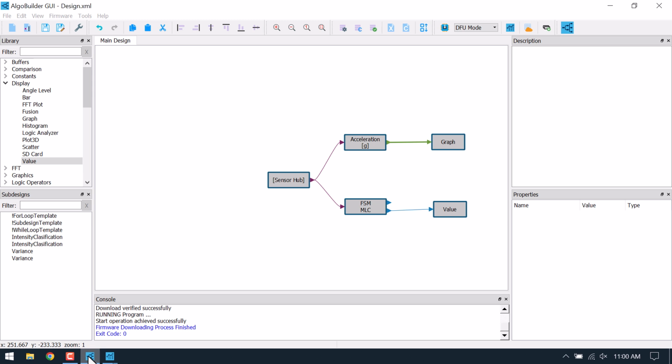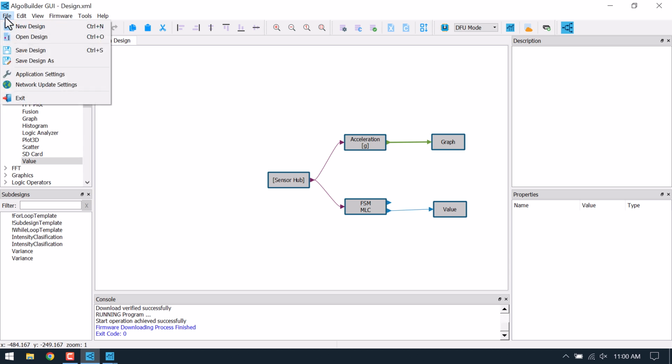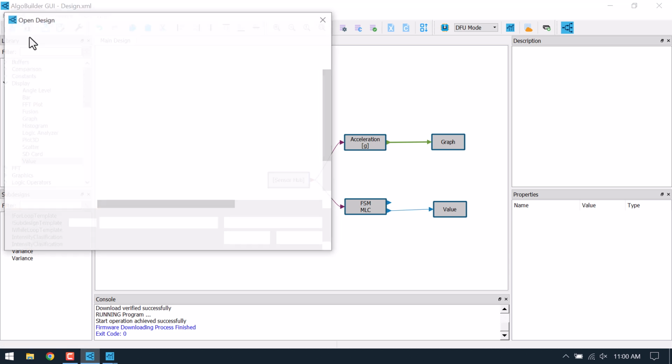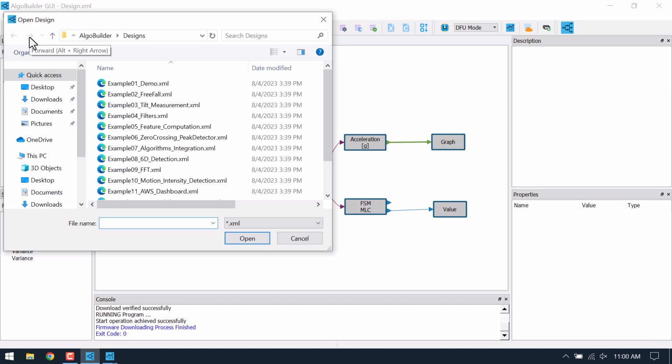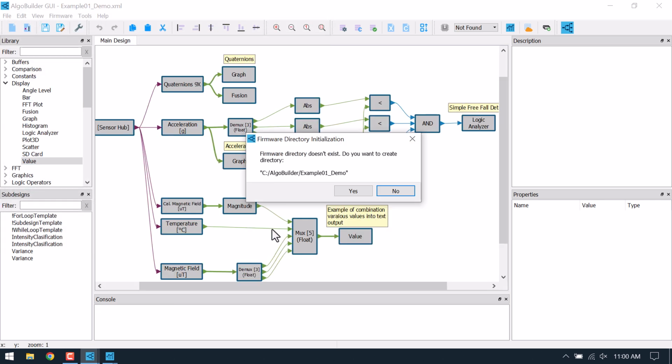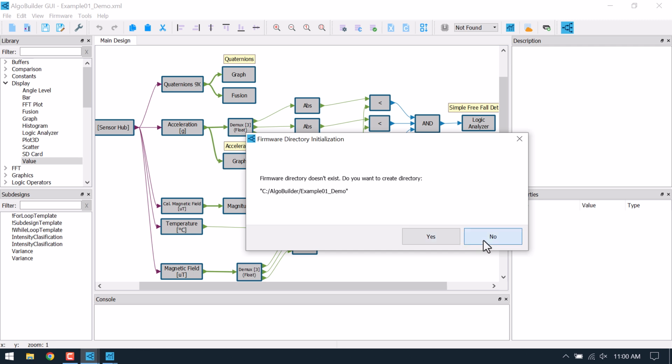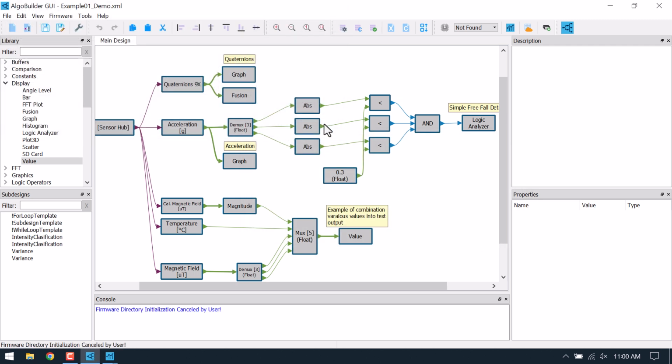For example, click on File and then Open Design. A number of sample designs are provided that demonstrate various features of AlgoBuilder. Open example 1_demo. Close the 2 prompts that appear. We are not actually going to build these now. This example is a design that performs sensor fusion and free fall detection, while simultaneously outputting a variety of data